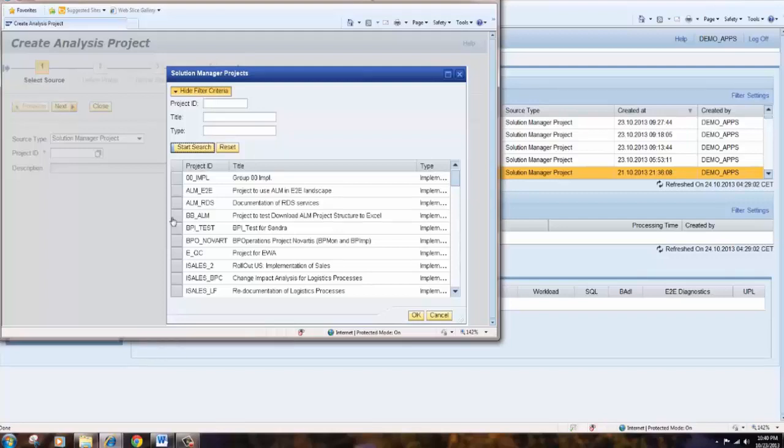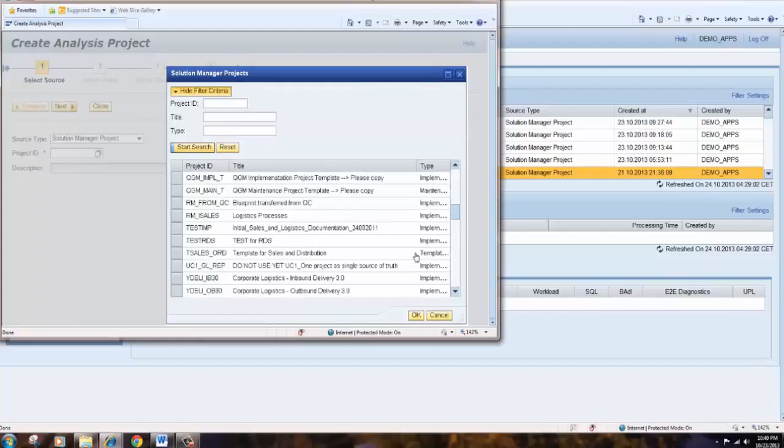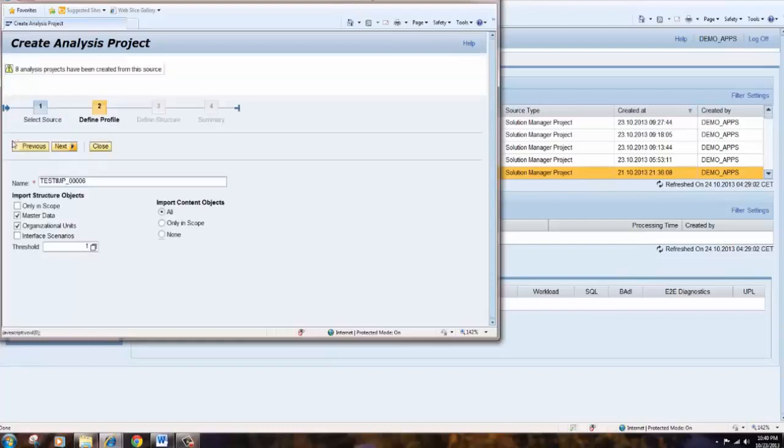I'll click on start, and here we will select a project. Say for example, I will select this particular project, so let's see. You have test IMP. Let's select this project, test IMP. Click on OK, and here you can see the description; we need to give some description. Then click on next. It will take you to the